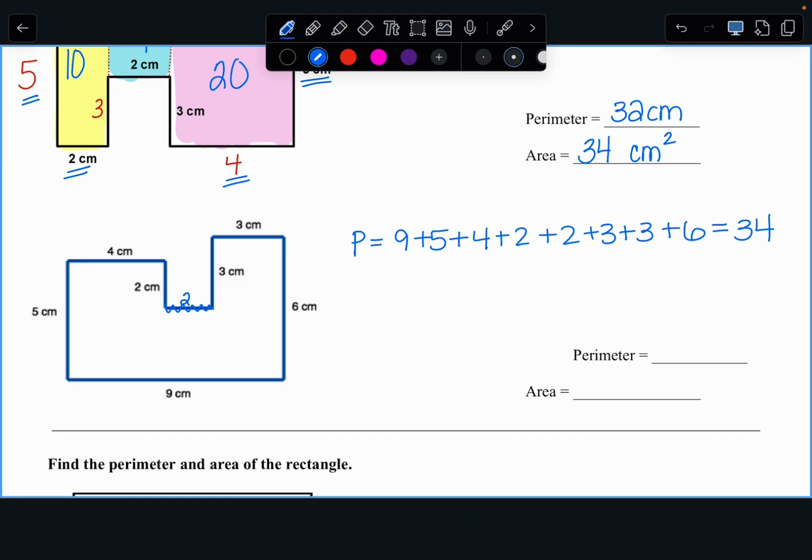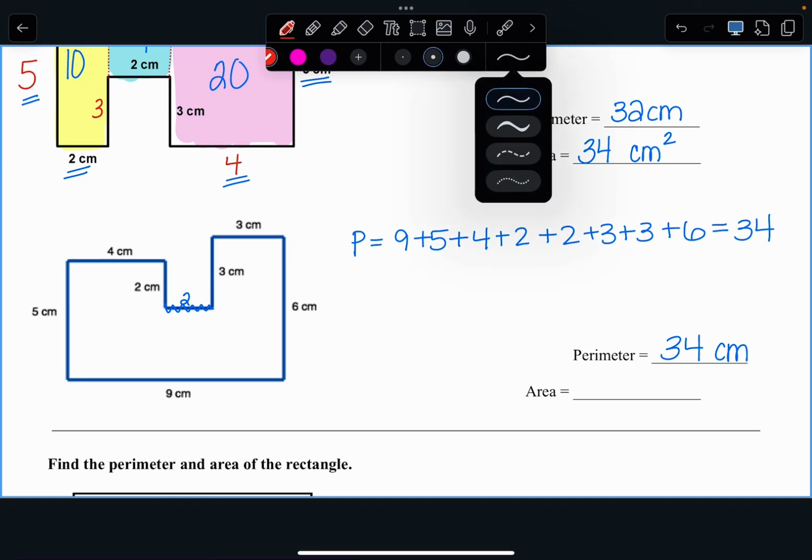Wait, then how do you get 34? I added all those numbers together. Good. But I even explained each piece. Did I miscount? Yeah. I must have added 3 or something. So